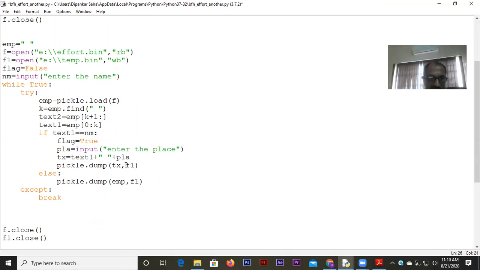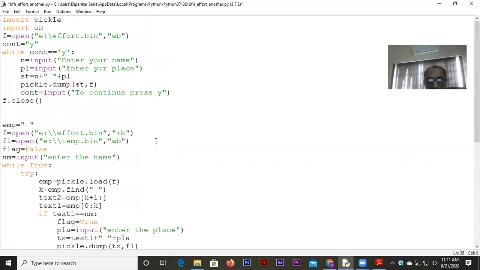Later on, once the reading of the file is over, you can check if the flag is equal to false, that means the name was not found. So this is how the searching can be done in a binary file.